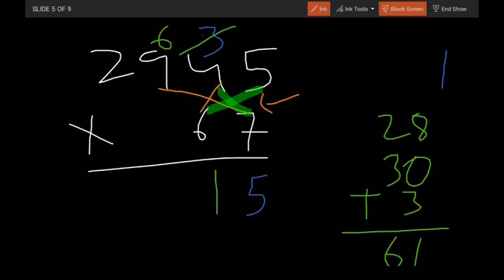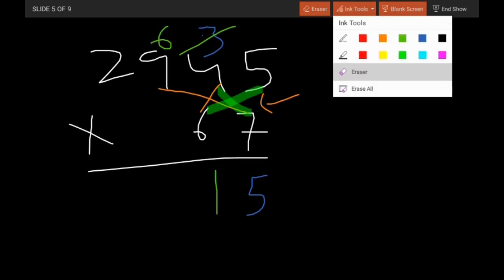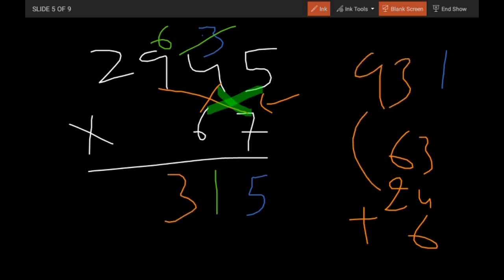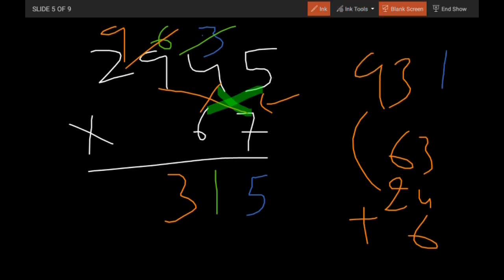Okay, so the next step is this thin line. 7 9s is going to be 63. Okay, 63 plus 6 4s is going to be 24, plus we should also add carry. So 63 plus 24 is 87, plus 6 is 93. So 3 over here, 9 over here, cancel out 6. Now the next step. So I'll just erase.